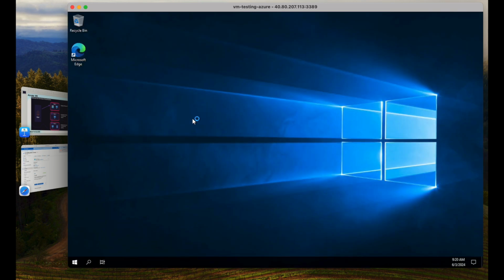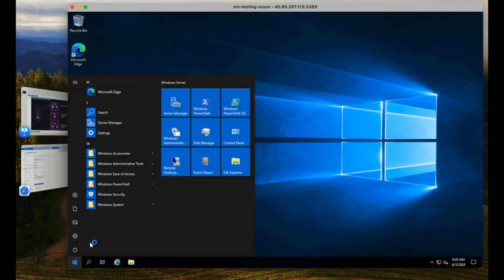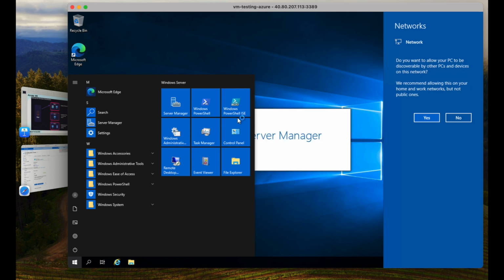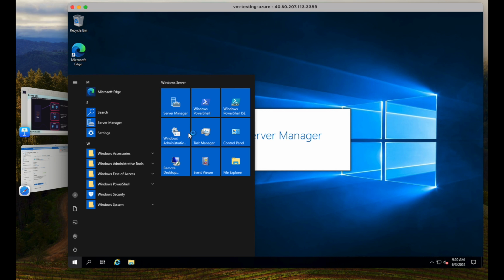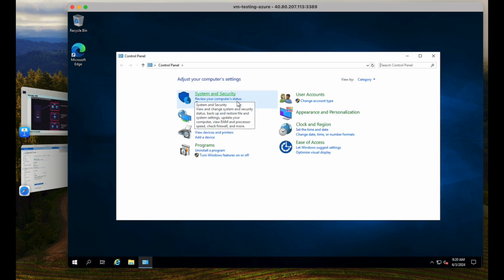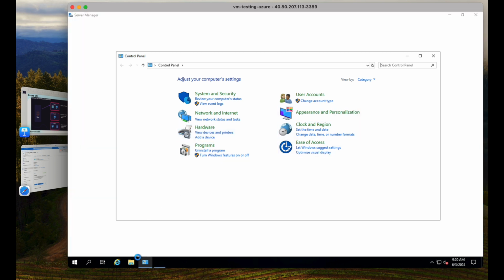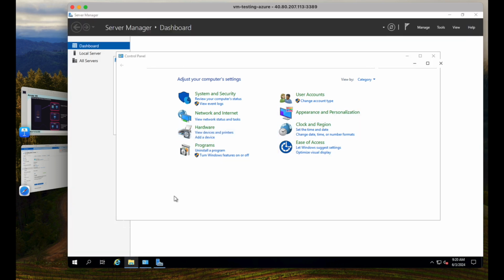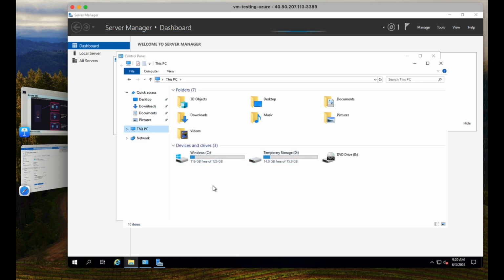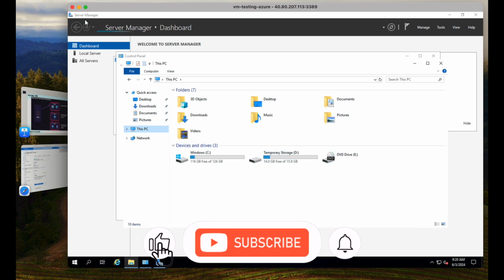So my Windows machine is this one. You can go here to see the configuration, and also you can see the control panel of the machine. We can also go inside of it. The files and folders will be prepared. So this is the PC, and I have the C drive, the temporary storage D drive, and everything. So my machine is ready